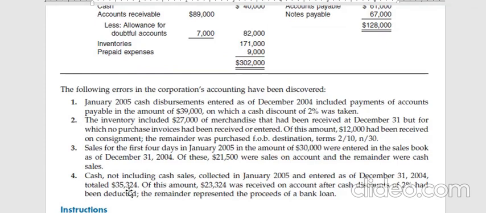Now this 35,324, what was the source of that? Because whatever the source of that, it's a double entry accounting system. If one thing is plus, obviously there would be other things that will also get affected. So why were we receiving this money if it was not a cash sale? So we received this money, out of this amount of 35,324, out of this